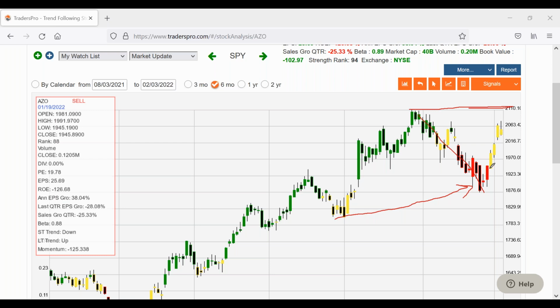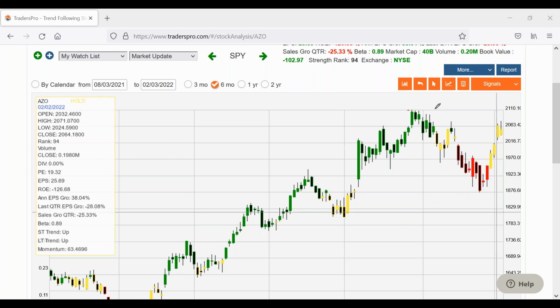Now, sometimes what can happen when you're up strong like this is that it's usually pretty rare for it to go up like this and then continue breaking out. A lot of times what will happen is you'll get a strong move up to the breakout area, and then it'll move a little bit sideways for a little bit of time before breaking out higher. If it does that, you can be patient, because if it's moving sideways, the previous direction was up. Whenever you see a stock moving sideways, you want to pay attention to the direction it's moving in before it moves sideways. That's where it's more likely to go after it's done moving sideways.